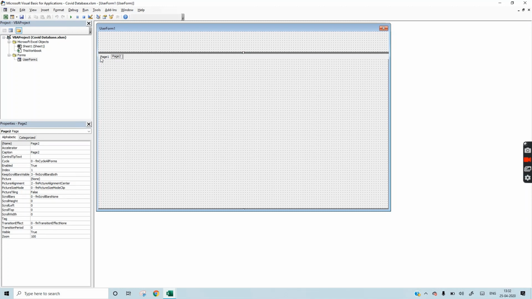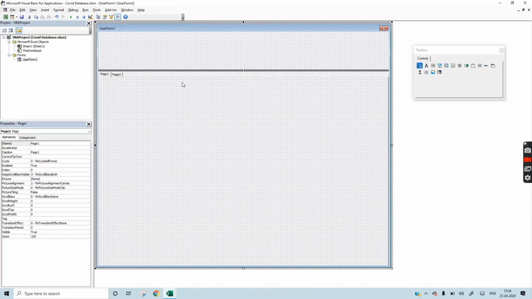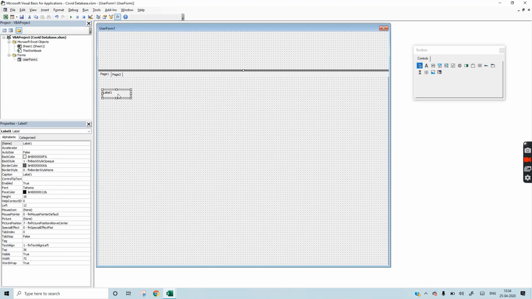This will be page 1. Now we will select a label from here. A label is just for writing a name, like Name, then it is Mudit Lalwani. Mudit Lalwani will come in the text box.